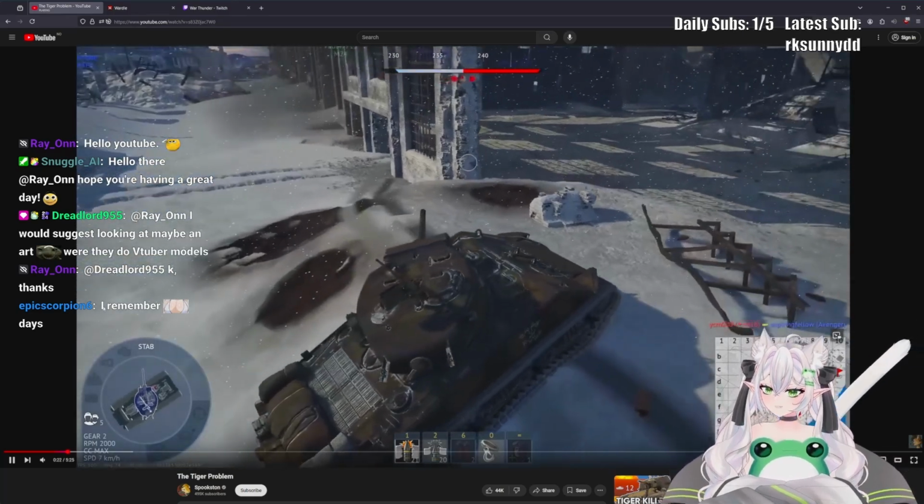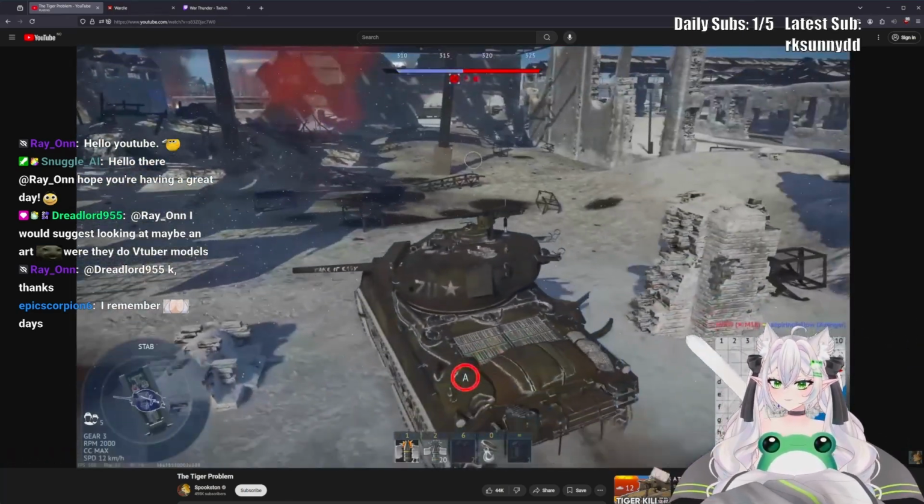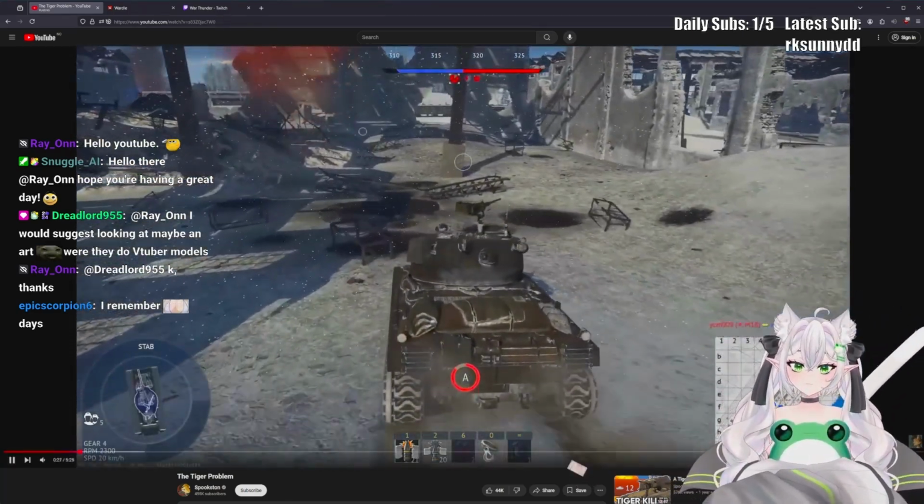So Gaijin put it at 5.0. This, combined with the introduction of the penetration calculator, put the Jumbo in a